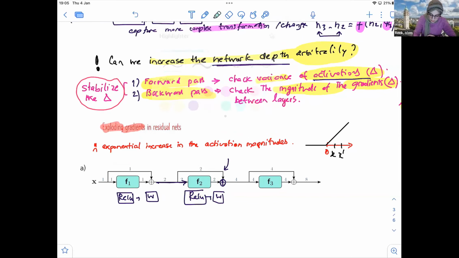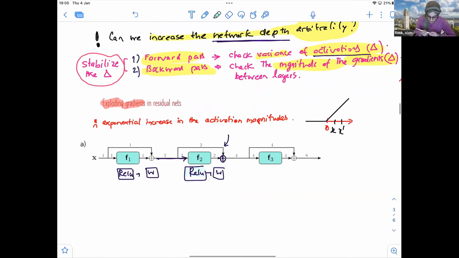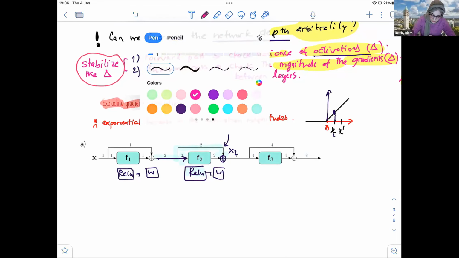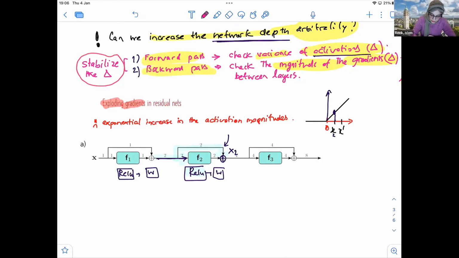So let's choose the same color. The ReLU is the first operation in this block. When we input the data, it will be magnified because we're passing on the same data over here. So next time when we have the ReLU, it will get a strong go signal. So what does that mean? It means here in this first layer, for example in F2, we're going to get X2. So X2 is right here. The activation of the ReLU would be over here. That's the ReLU, and this is max(0, x). So this is our ReLU function.